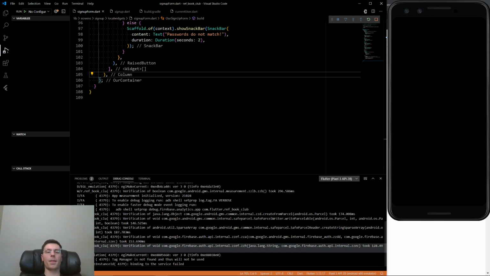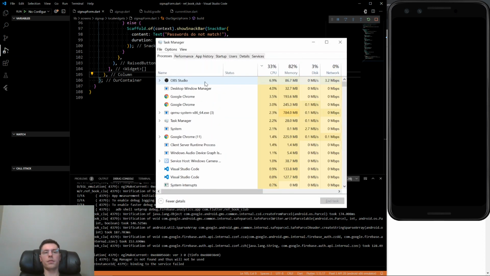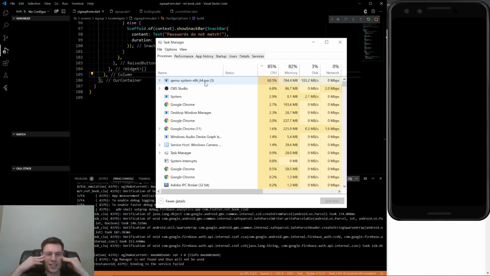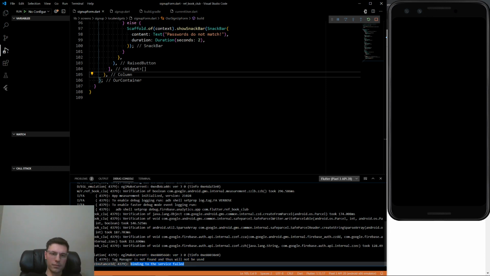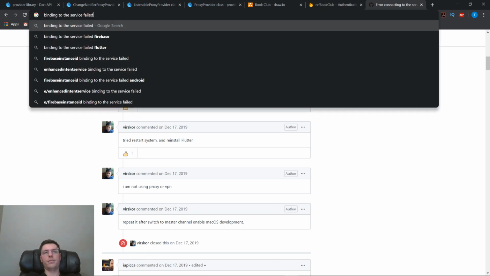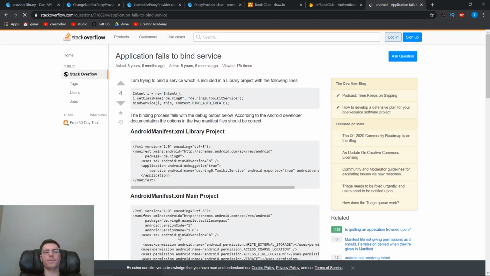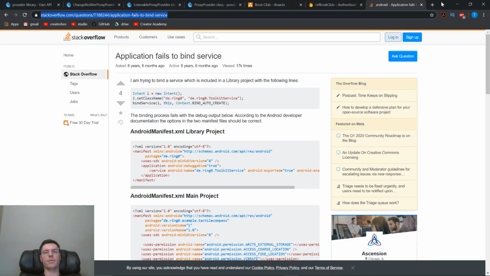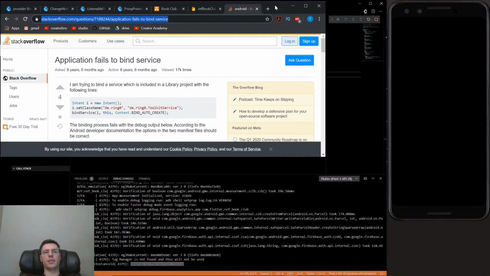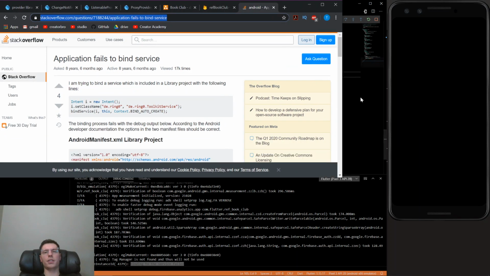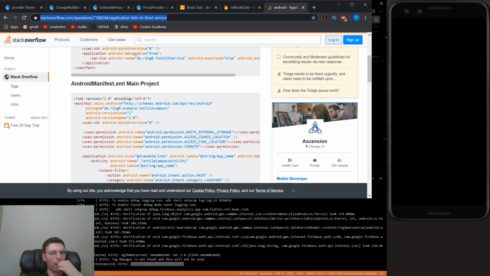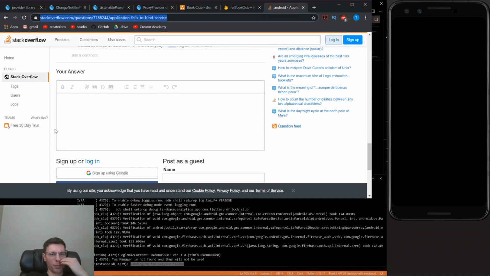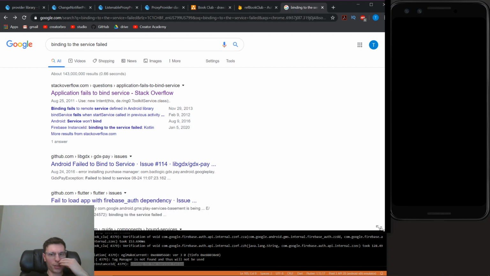I don't think it failed. Well, binding the Firebase failed, but the app itself. What? I'm pretty sure there should be more stuff than binding services failed, because it's still running, it's still trying to do something. Trying to bind service, blah, blah, blah. Yeah, that's not my problem. There should be something inside the app, but like,